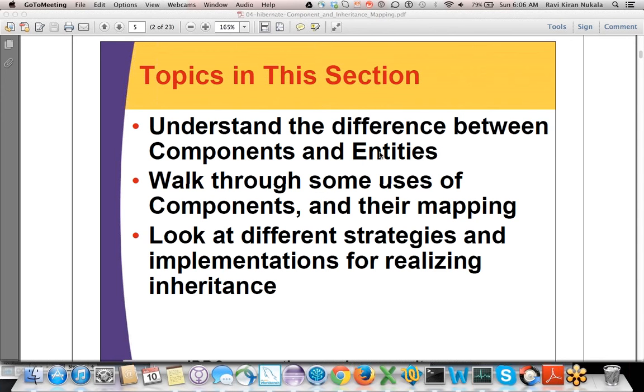So today we are going to cover understanding the mappings in Hibernate itself. These are the topics we're going to cover: understand the differences between components and entities. All this while we saw entities, like each and every POJO that is mapped to a database is called an entity. So we're going to see what are the components within an entity and what is the difference between an entity and a component. Walk through some uses of components and their mappings, and look at different strategies and implementations for